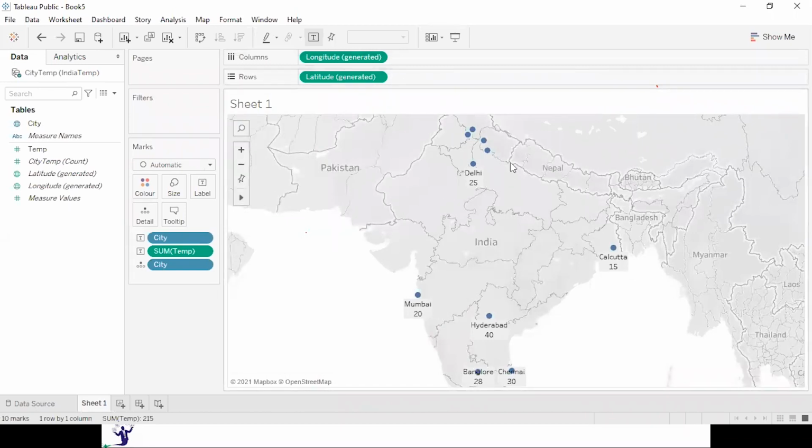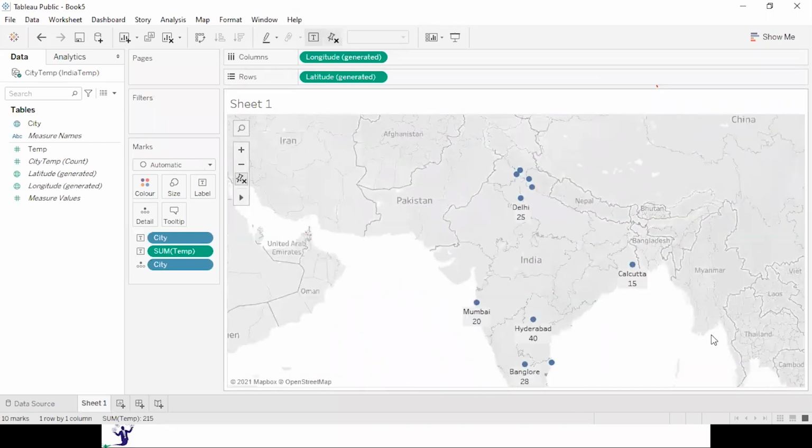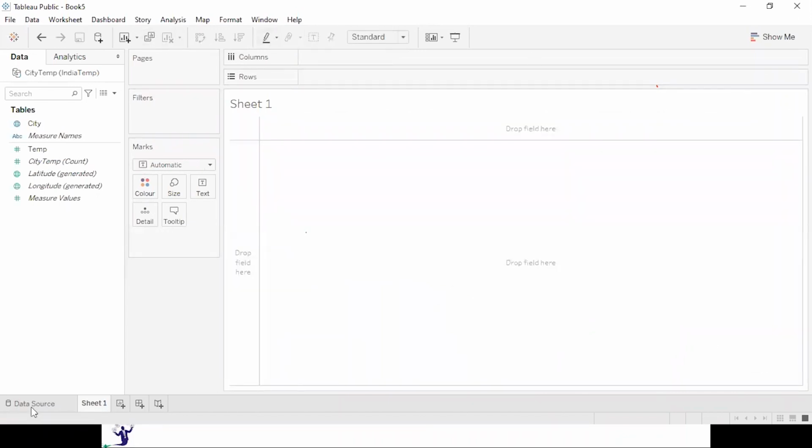This is what we are getting over here, and you can see the unknown has been removed, right? This is how we can get an India map. Clear?